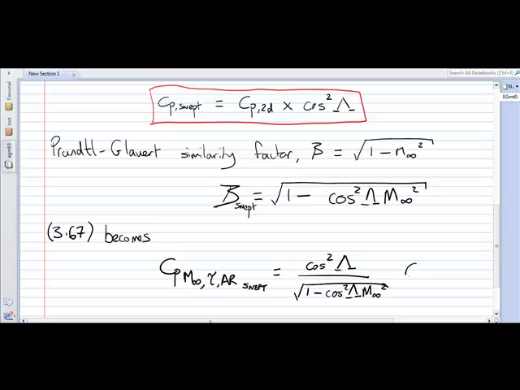So this is the factor that we multiply by the incompressible pressure coefficient, so the Cp at